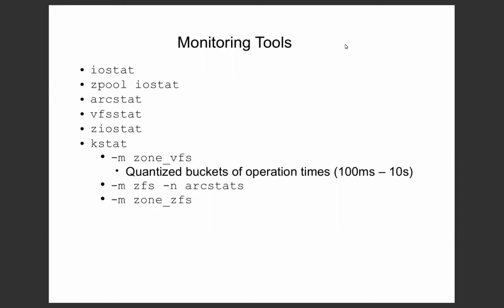So maybe the last command that might be used commonly is the kstat command itself. Kstats are the kernel counters that we have, and they are the source of information for all these other tools that I've listed here. But you can look at the raw data, and maybe sometimes that's interesting. Like the zone VFS kstat, that's the actual source of data for the vfsstat command, so you could see it summarized by vfsstat, or you could look at the raw data